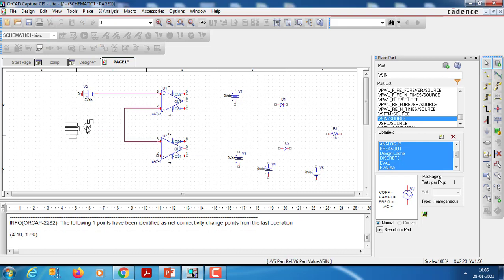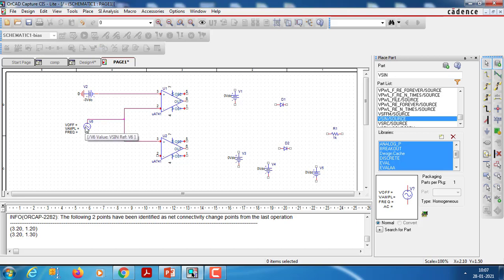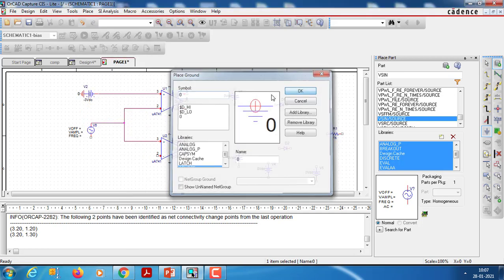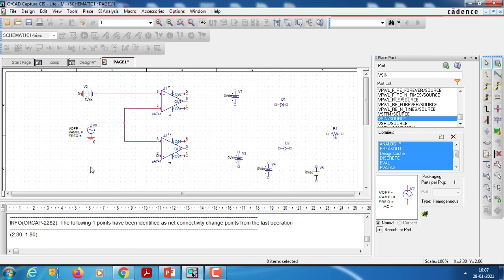From this, here we don't require AC component. So 2 and 3 short will be given for this. And the other end will be grounded. So now we can go for plus 5 volts.